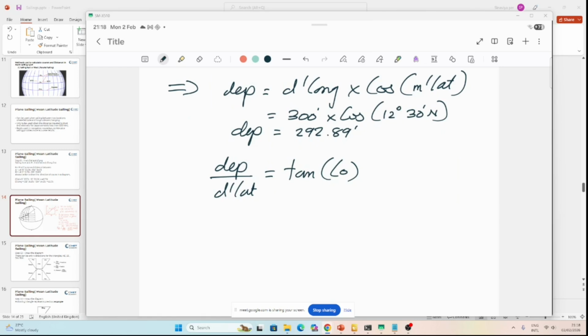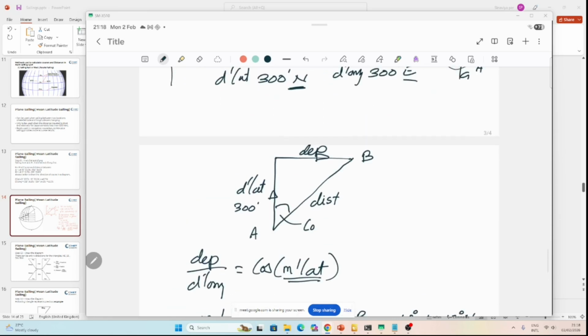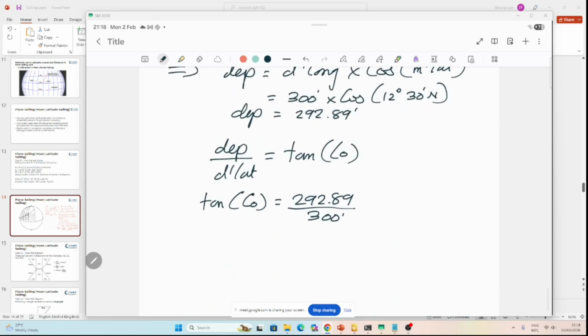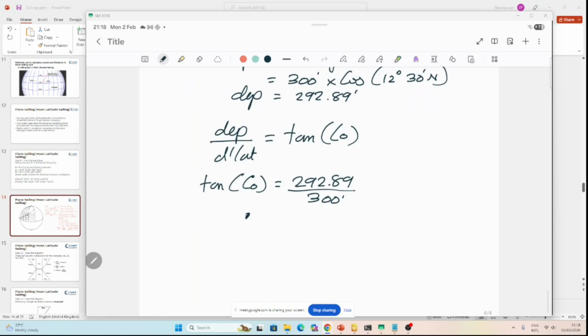Now we have to find out the tan course. Departure is 292.89. D is how much? 300. Previously we found that it is 300. D is 300. So the course is going to be,